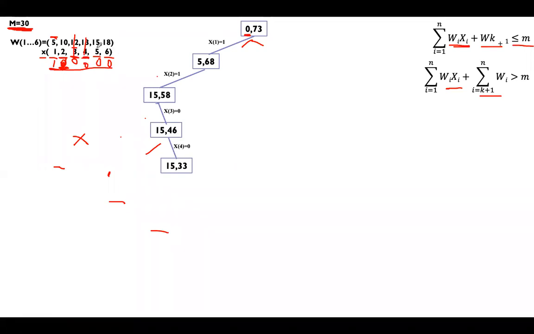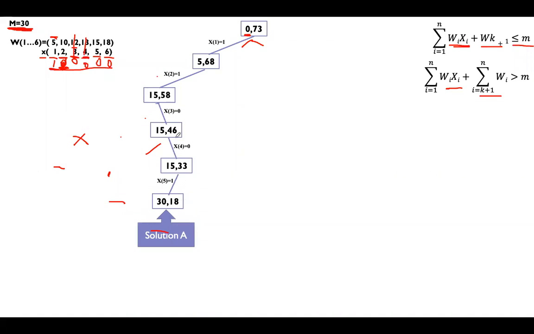Now, fifth element. Are you going to select the fifth element or not? So what we are going to do, whether x5 should be 1 or 0. See, total is 15, and the fifth element is 15. So x5 is equal to 1. If I do that, I will get the solution. I will select that element, then total will be 30, and 33 minus 15 is 18. So this is one solution.